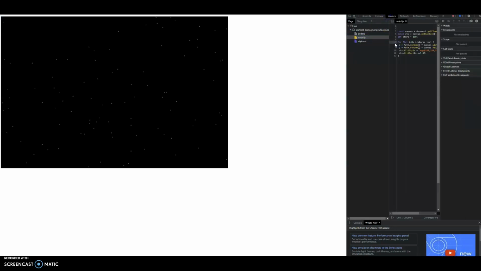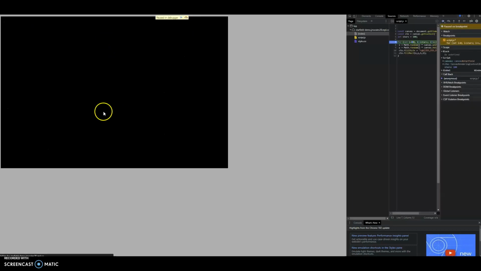And see here where we can see the breakpoint, so line 7. Then after you click refresh, it does not show any of these stars. So it only runs getting the canvas itself and assigning 100 to stars. Then for the for loop,